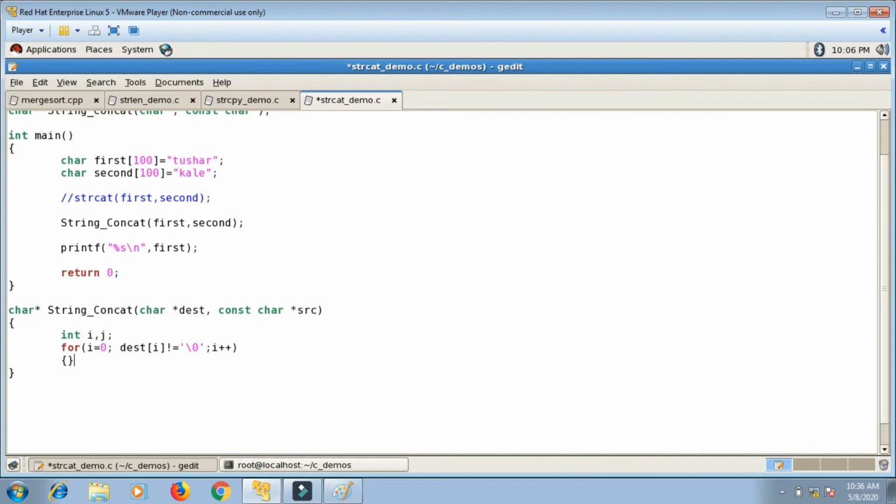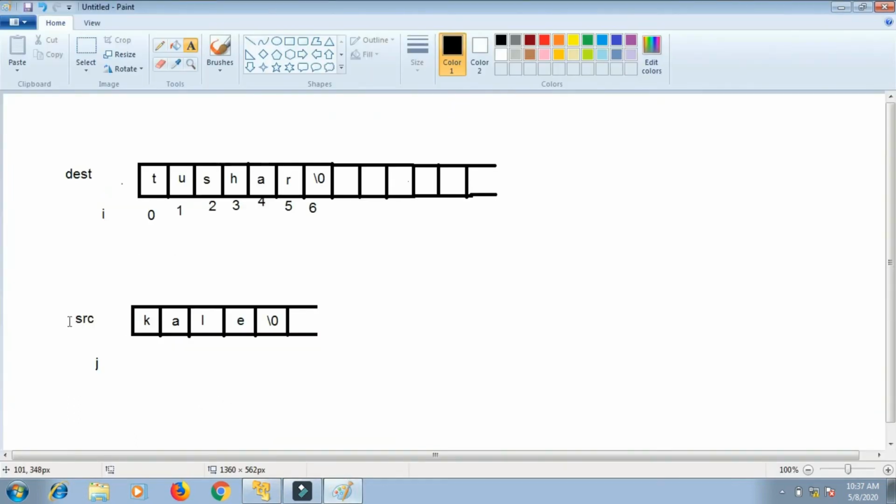There won't be anything inside the body of the loop because I am supposed to only move the i variable in this loop, so nothing will be there in the body. i will get incremented till it comes to the null character in the destination string. Now after that, once I come to the last character, I will copy the characters from the source string into the destination string.